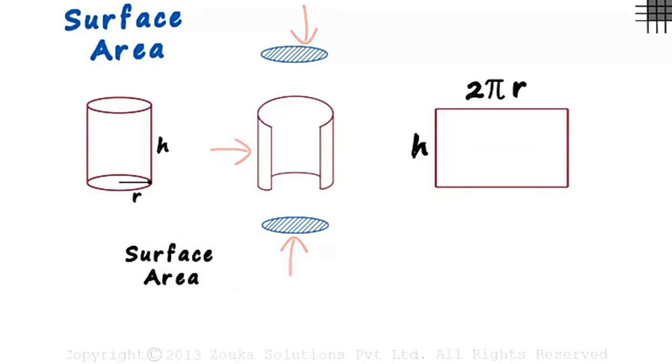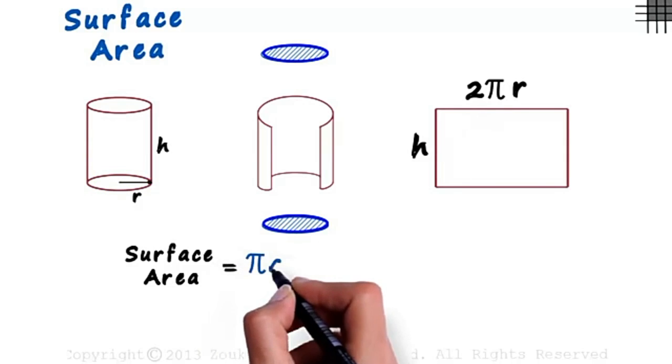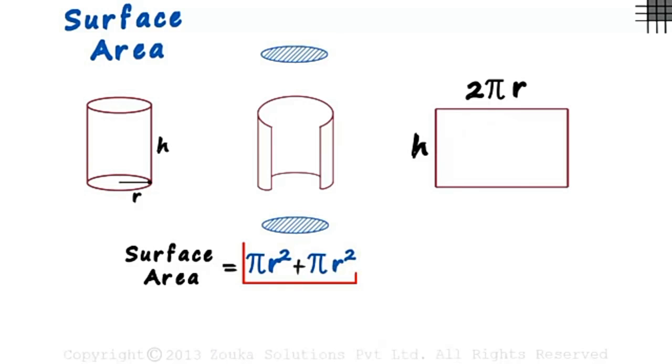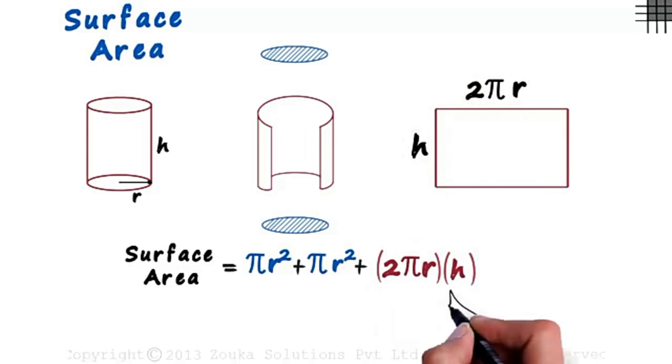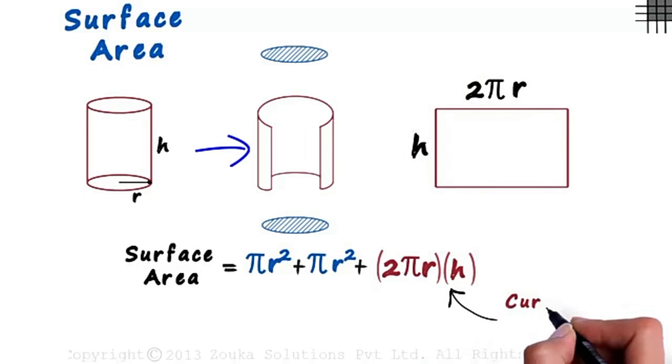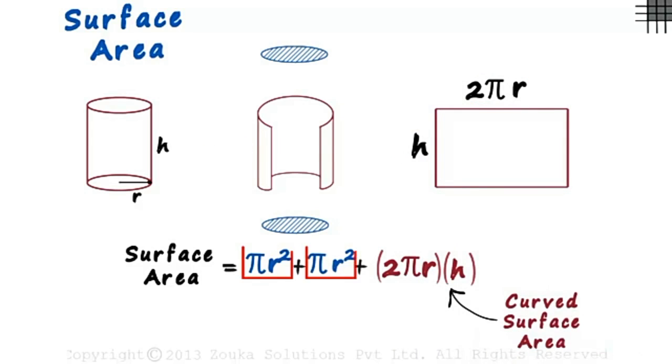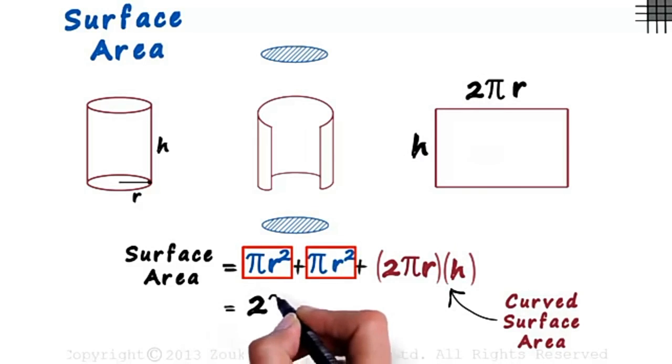Now let us see the total surface area. Total surface area is nothing but the sum of the areas of all the three faces. For the bottom face, the area is pi r square because it is in the form of a circle. As there are two circular faces, let us write the area as pi r square plus pi r square. And now the middle face is in the form of a curved surface, so the area is 2 pi r into h. Why? Because the curved surface area is also the area of the rectangle. So L into B can be written as 2 pi r into h.